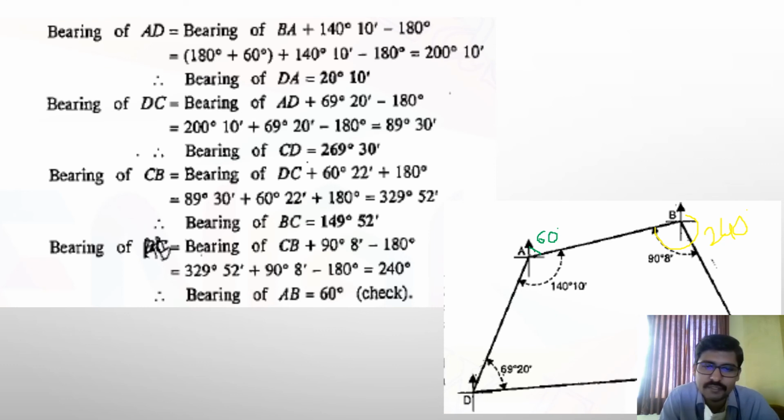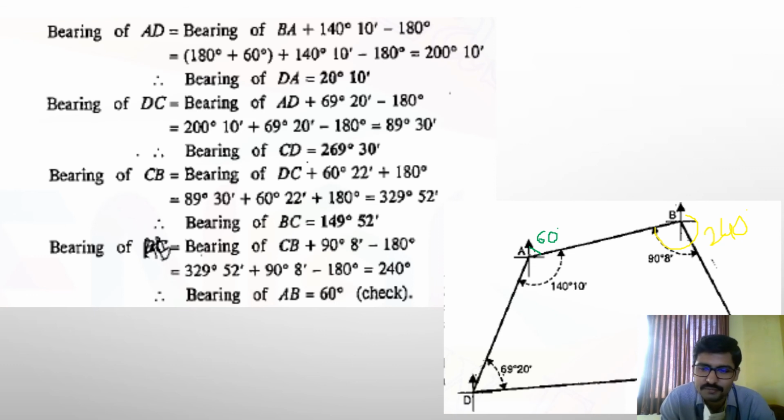So this is about the problems, how the problems will be asked in your examination and how you are supposed to solve them. So in the next coming classes, what we are going to discuss is the types of compass, what exactly a compass is, and the different types of compass you have, the construction of the compass, the theory and principle behind the construction of the compass, as well as how to work with the compass, like temporary adjustments of the compass and different aspects, right? So we will see that in the next class, and try to have the basic knowledge of forward bearing and back bearing